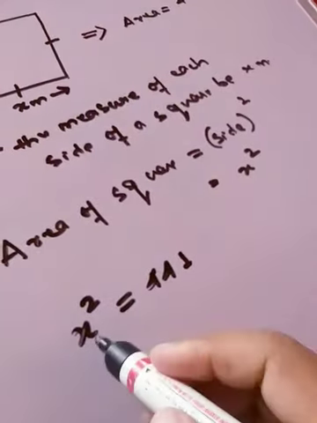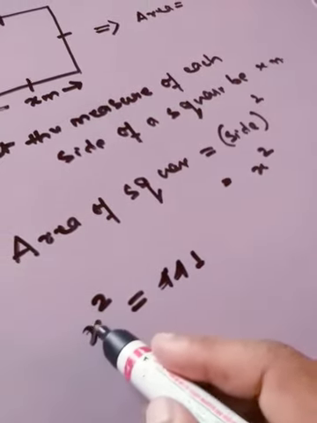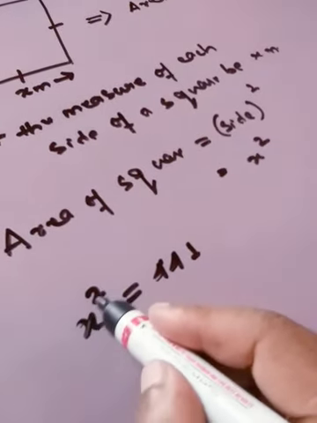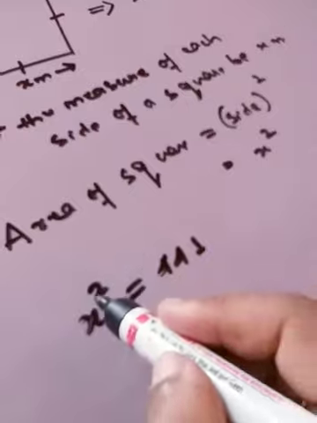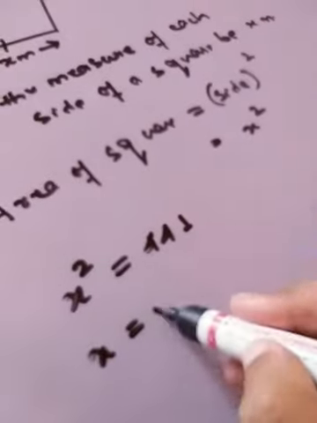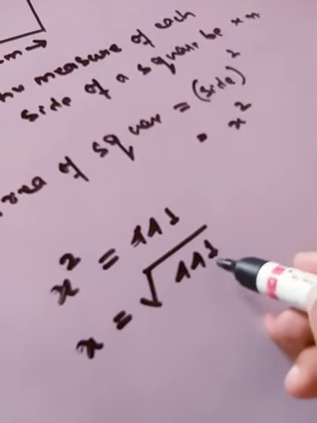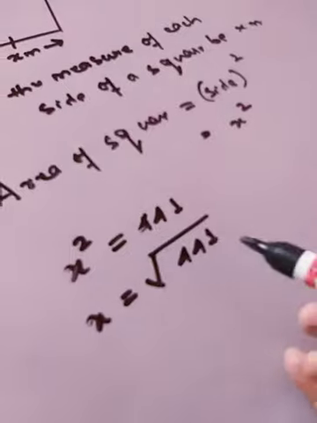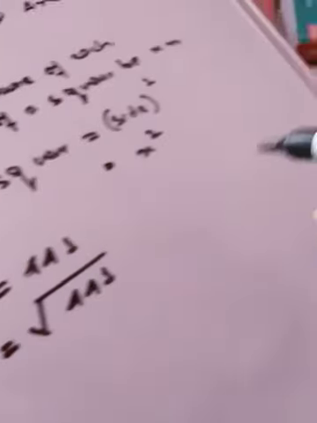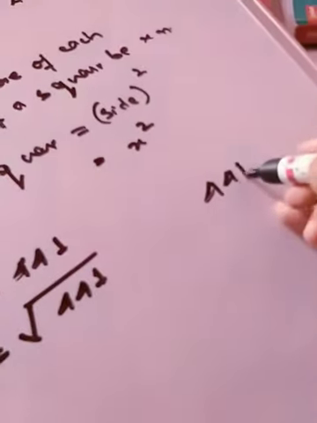Okay. Now our objective is to get the value of x, but this x is carrying square as a power, isn't it? So we have to remove this. So what is the rule? So when we are removing this, on the right hand side there would be a square root sign over 441, isn't it? Now how to do it? We have to get the value of 441. So let's do it. We have to do the prime factorization.